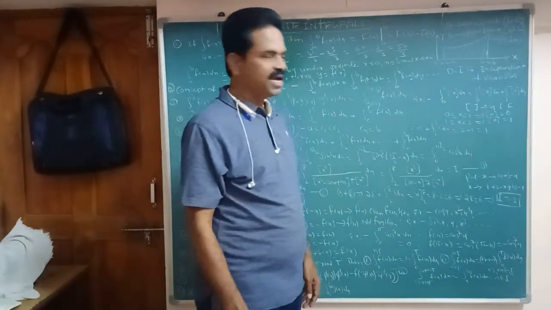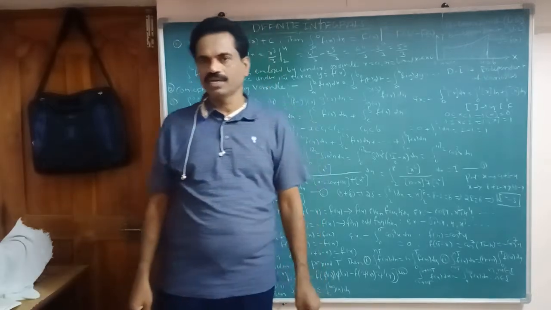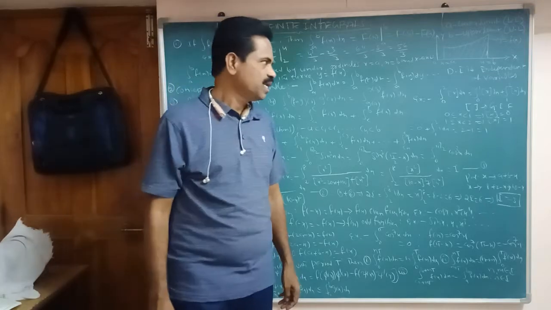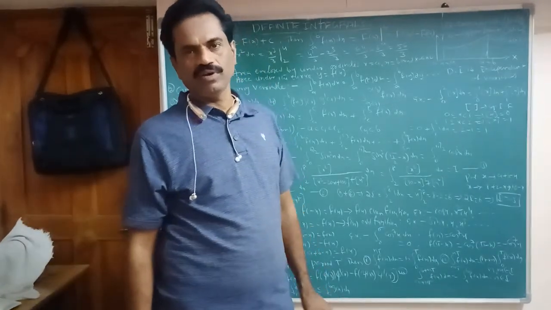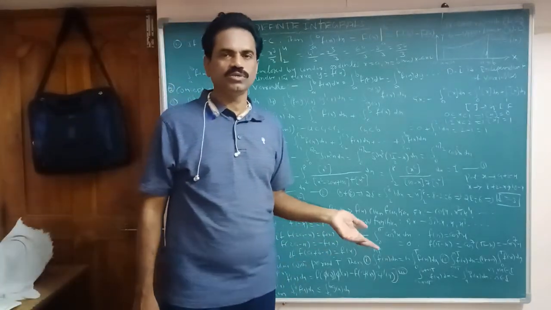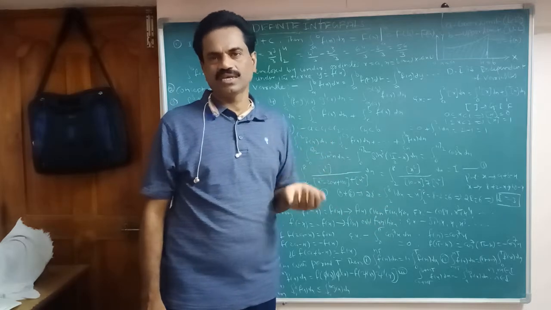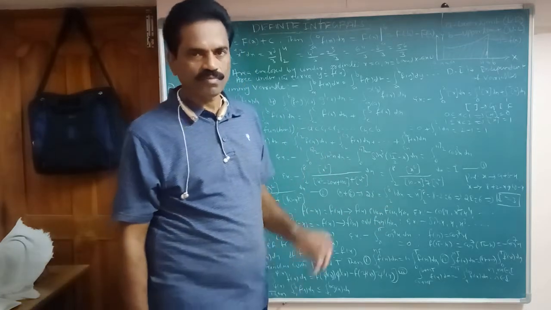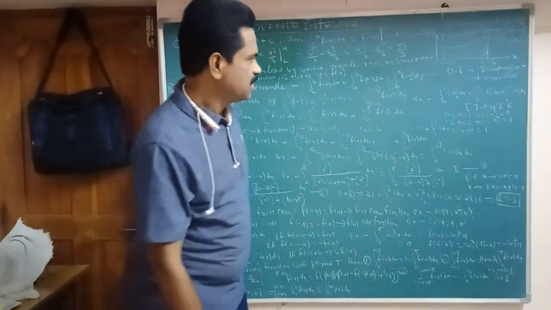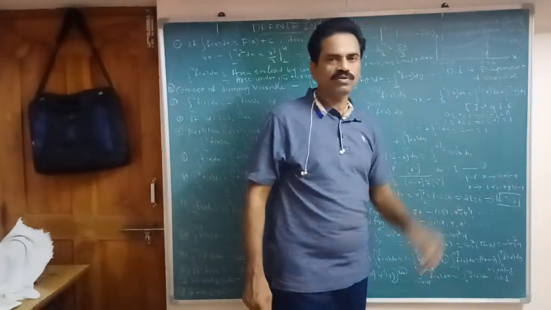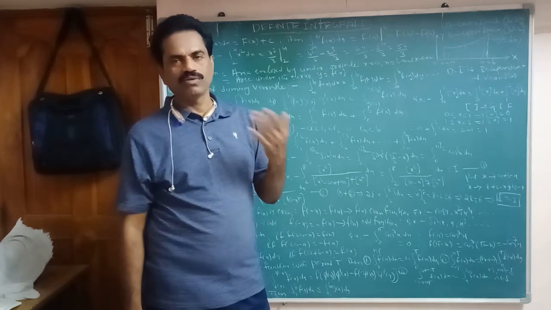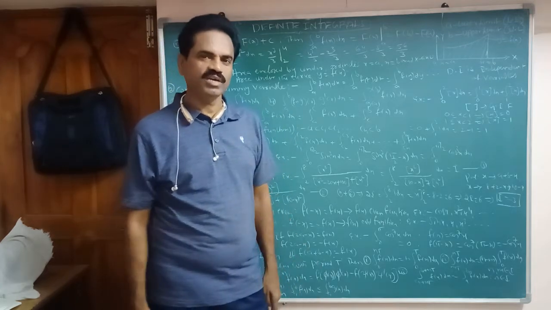For example, I am taking the step function, the greatest integer function. So integral 0 to 2 of step x dx, we can write as 0 to 1 and 1 to 2. We know the step x value for 0 less than or equal to x less than 1 is 0. For 1 less than or equal to x less than 2, the step x value is 1. So 0 to 1 step x dx plus 1 to 2 step x dx. For 0 to 1 the lower limit value is 0, and for 1 to 2 the lower limit value is 1. So directly we can say the value.